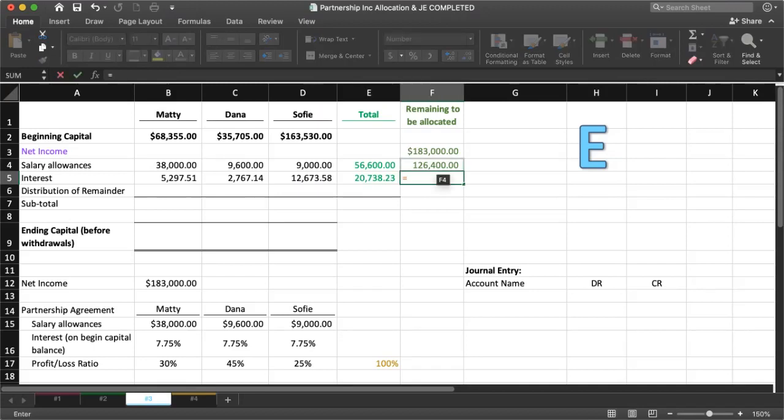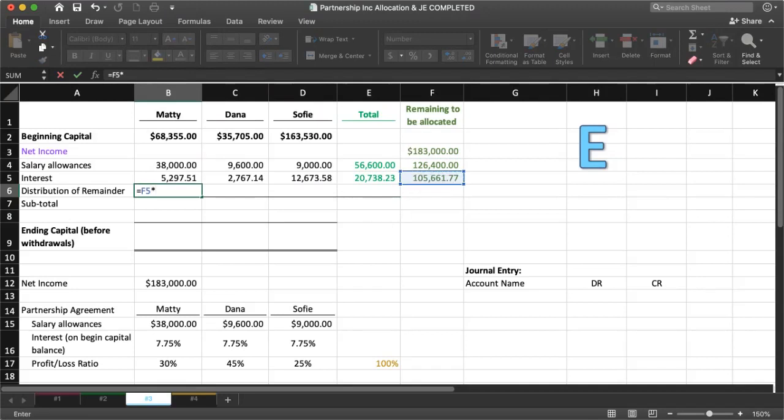So after the interest, then there is still $105,661.77, the remainder that's to be allocated between the partners in the profit and loss ratio. All right, so this is the remainder,